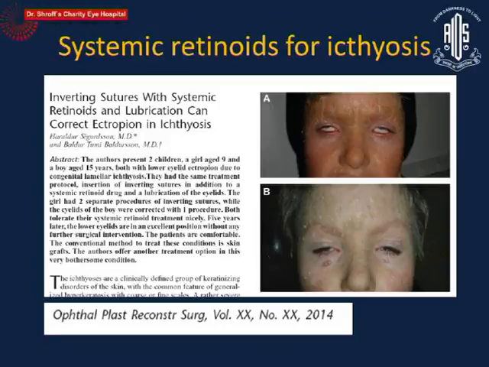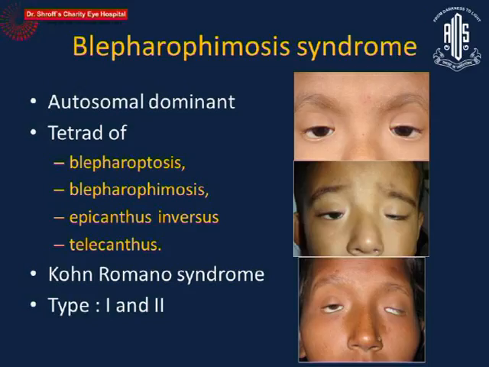Recently, I think Dr. Santosh has probably started doing, instead of doing a surgical management for these ichthyosis patients, especially the milder spectrum ones, they do very well with a protocol of using systemic retinoids, which usually the derma people want. They have a protocol for that. They use it for a longer duration, systemic retinoids, along with the use of skin emollients, and many of these patients can actually be managed just by the use of this non-surgical management.